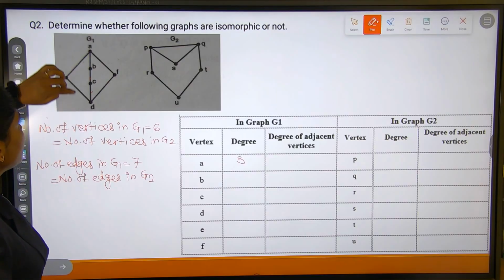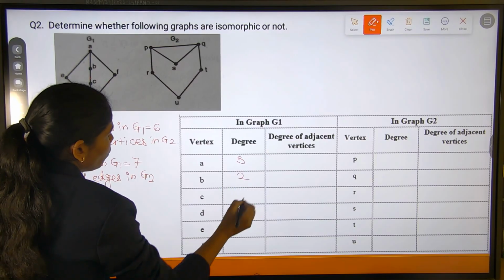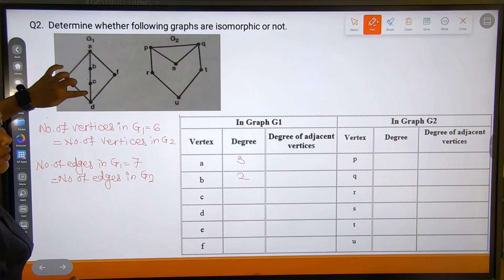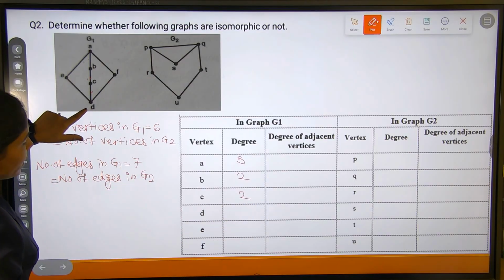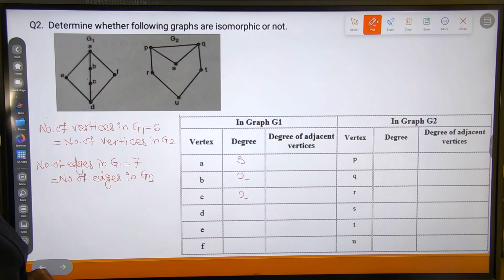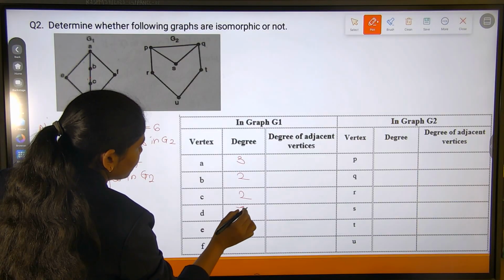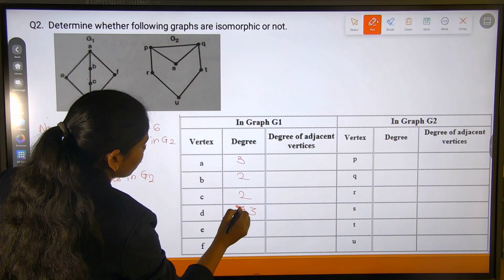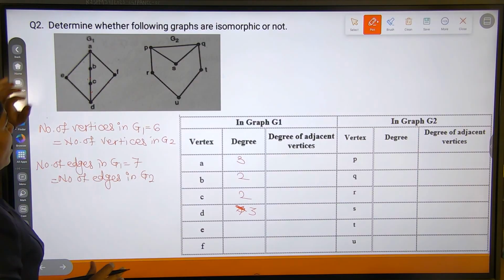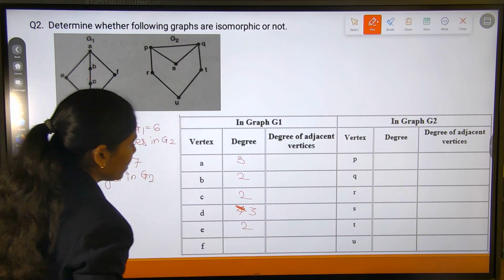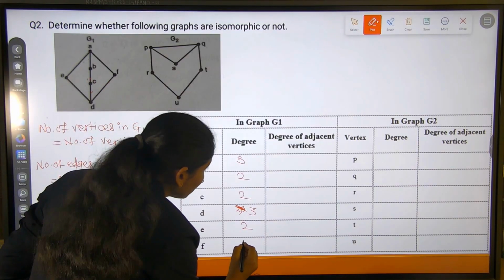Next, check for vertex B. Vertex B has degree 2. Vertex C has 2 adjacent edges, therefore, it has degree 2. Vertex D has 3 adjacent edges, that is why the degree of D is 3. Next, find out the degree of E. So, E has 2 adjacent edges, that is why the degree is 2, and F again has 2 adjacent edges,